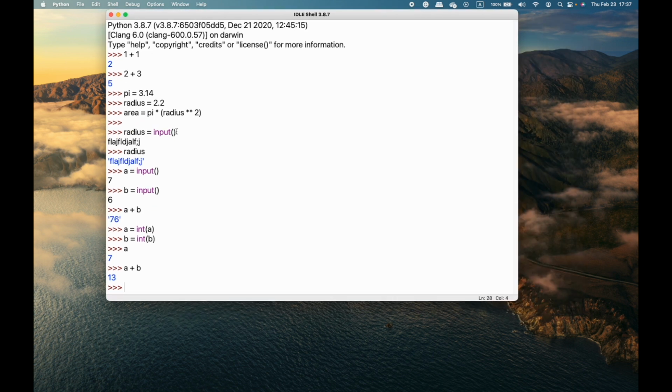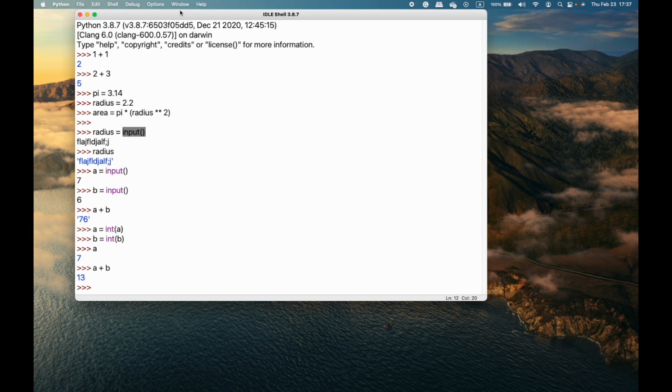Maybe you have a question: why don't we directly assign a and b similar to this one, radius equal to 12, for example? Why do we need the input statement here? It seems like the statement makes the situation more complex. However,